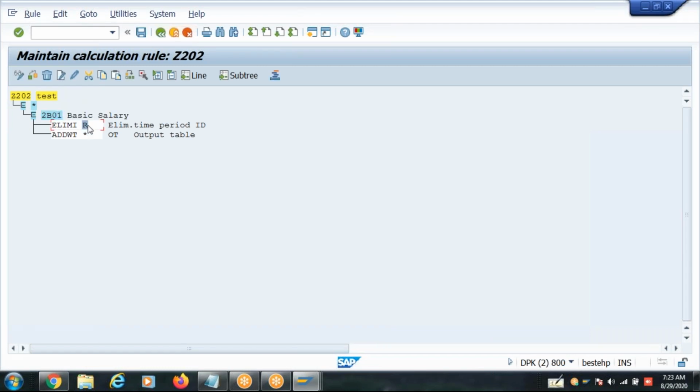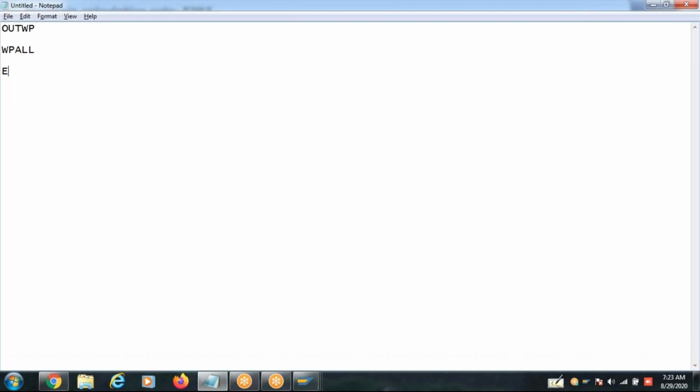Look at this, one more operation I'm introducing today for the splits: ELIMI. Eliminate operation is to eliminate the split indicators. And I have given you alphabets already. R means employee subgroup grouping. A means work center. Z means unit. What split you want to eliminate, it's up to you.